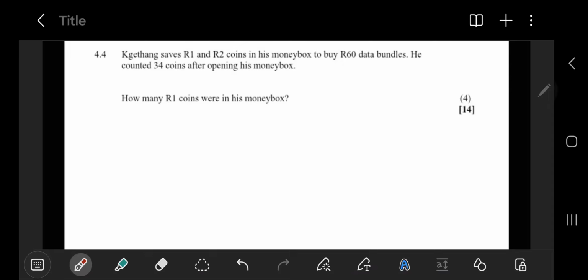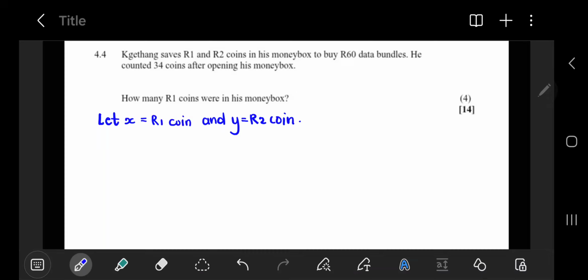Now there's two separate bits of information that they're giving us. Firstly, we know that together there are 34 coins. But there's a 1 rand coin and there's a 2 rand coin. So we need to have two different letters to represent each coin. Let's go with x and y. So let's start here. We'll say let x equal the 1 rand coin and let y equal the 2 rand